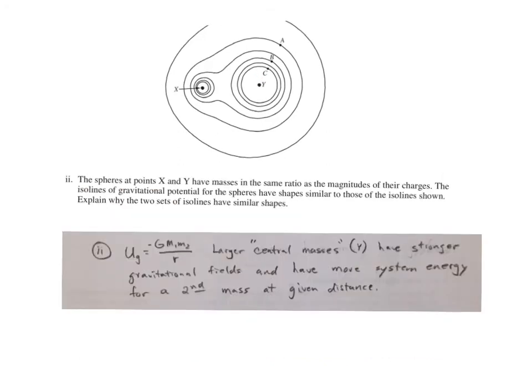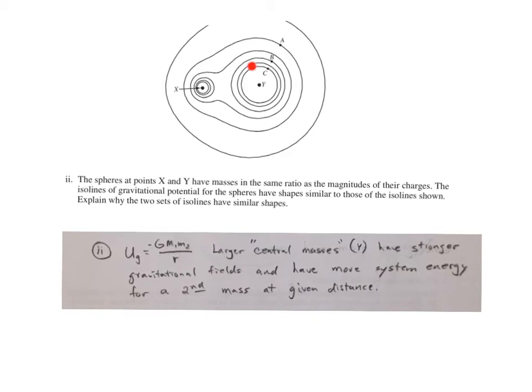So this is, once again, kind of a difficult question relating this to gravity and gravitational fields. If these are two masses now, this is a mass and this is a mass, how do these relate to gravitational fields and gravitational potential? Well, here's the gravitational potential energy equation. And I'm making kind of the same argument, that for a given central mass, this must have the larger mass,